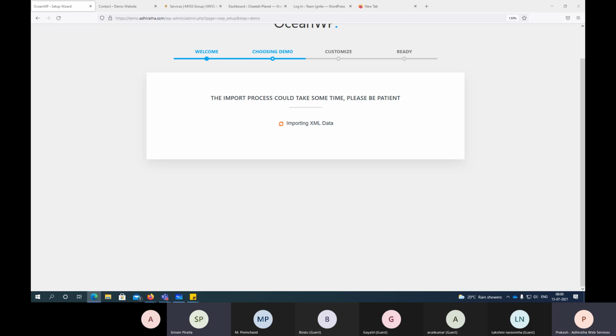When you are getting this Teams ID and login, sorry Sriram. This demo login and all you're asking, right? Yes, I'll be sending you.